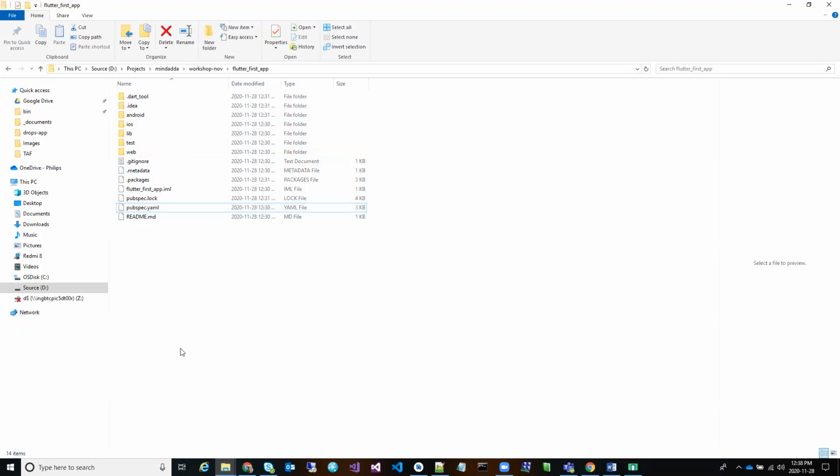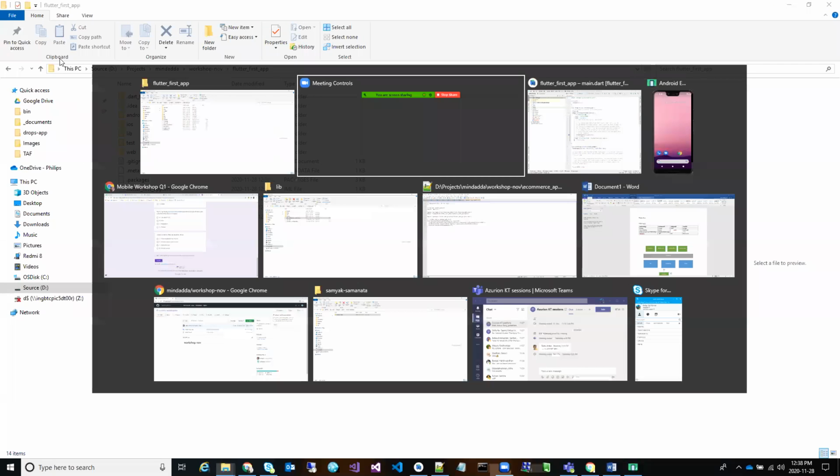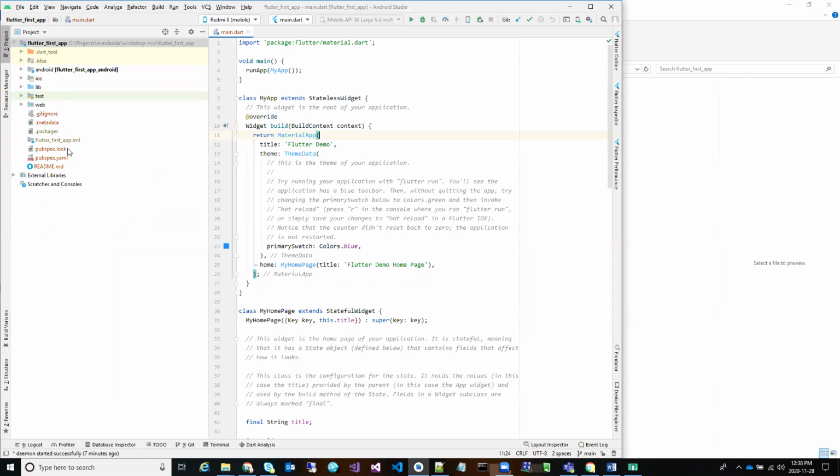I recommend all of you create a new Flutter project in your Android Studio. Go through all these files and folders, and whether you feel comfortable with them or have any questions, let me know. Basically, if you see over here, the same folders and files are over here. We spoke of dart tools, idea, Android, iOS, and